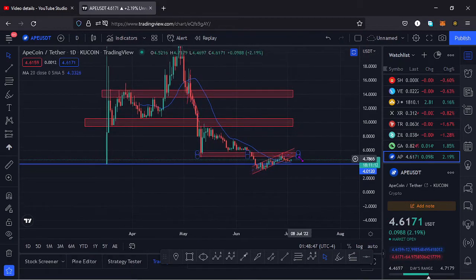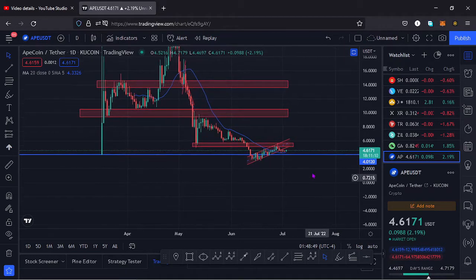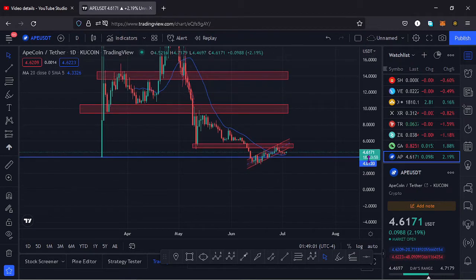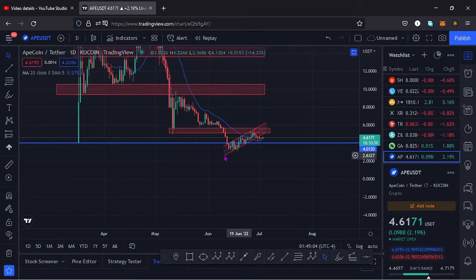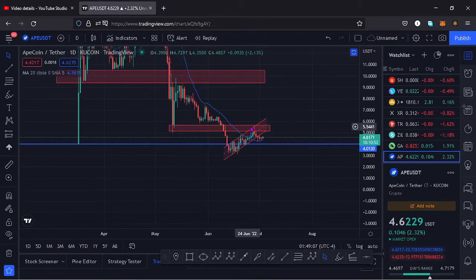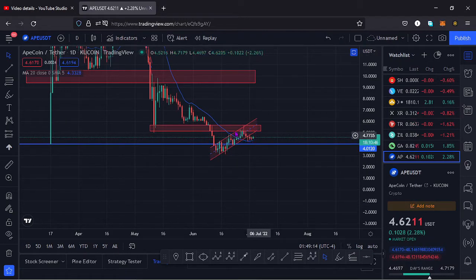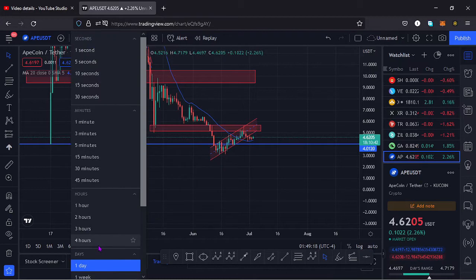So here on the daily chart you can see that we have a key area of support at around the $4 mark, and also a key area of resistance that I'm watching at around the $5 mark and the $5.7 mark. Those are the key areas of resistance and support. We also have an ascending channel over here, and we have broken to the lower side of the ascending channel. If I go to the 4-hour chart, we can see that better,